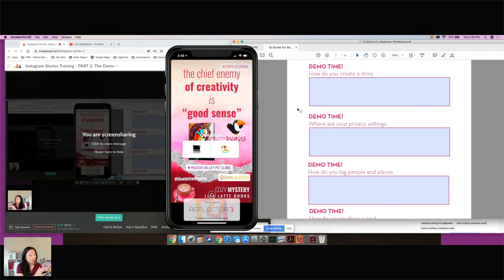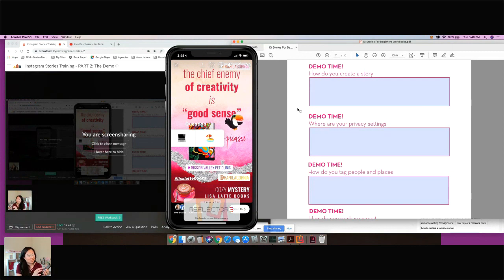Now, the important thing with this is not to put this underneath a GIF or underneath anything else. Otherwise, it may not be clickable. Not all the time, but sometimes. So I try to put it all by itself. Again, when I said incorrect placement, if you put it right here, when people are going backwards in your story, they're probably going to click the laptop because that's the left. So they might